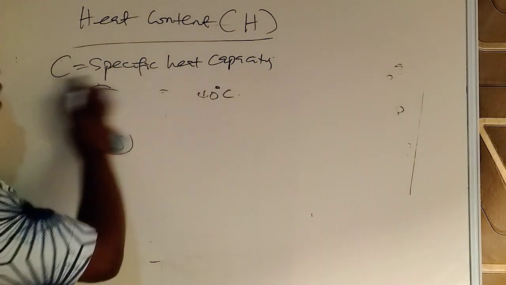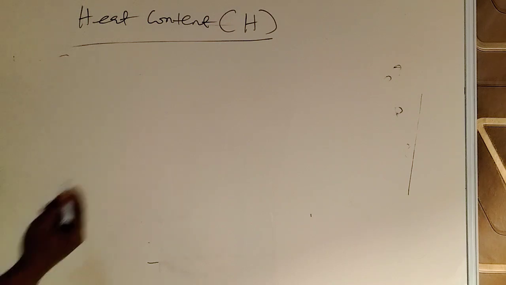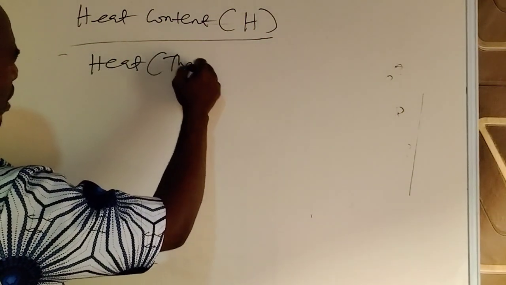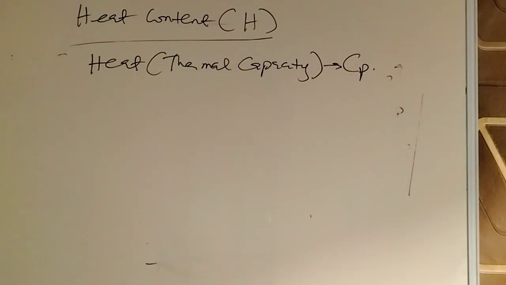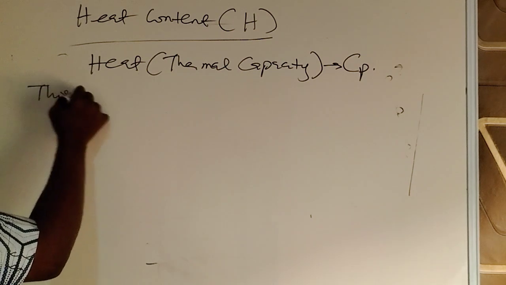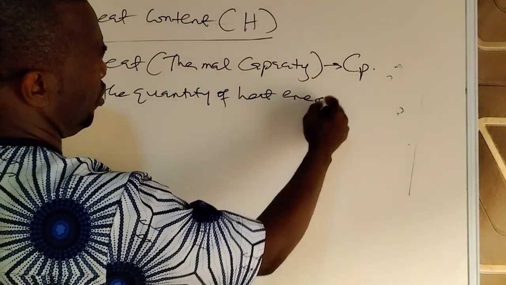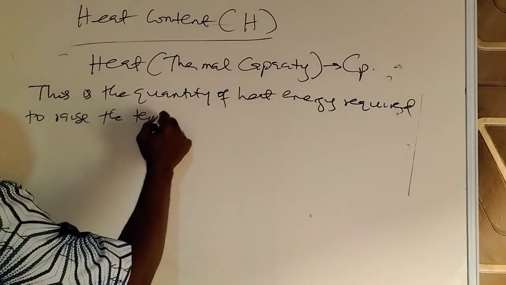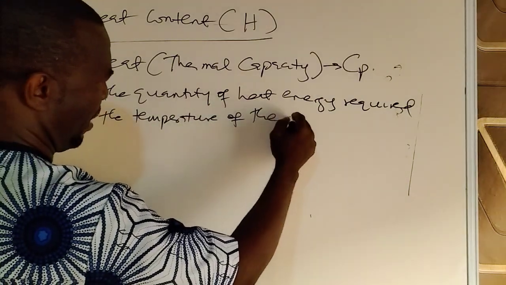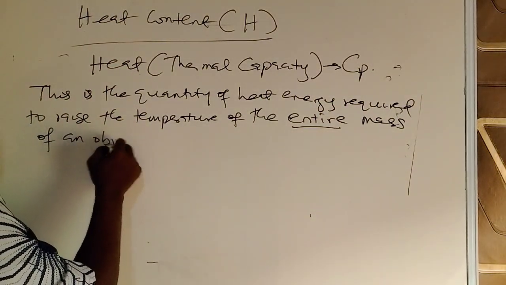Okay, good. So having explained that, we now introduce a new term again, which is different from specific heat capacity, which is called heat capacity. Heat or thermal capacity, which in physics we can represent using the symbol Cp. So what do we understand by heat or thermal capacity? We say this is the quantity of heat energy required to raise the temperature of the entire mass of an object through